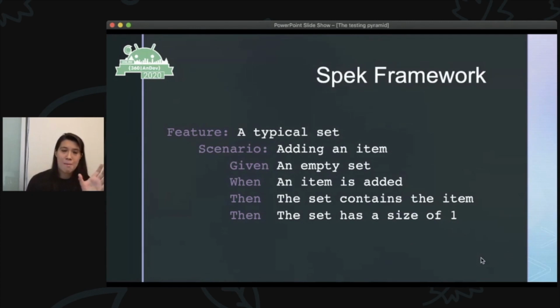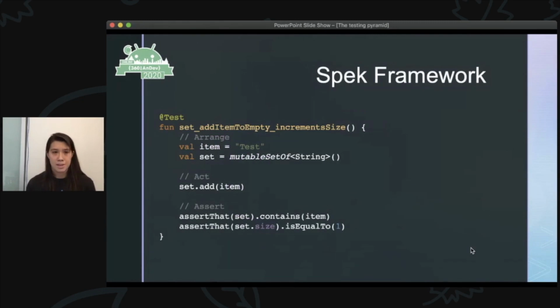And the reason why I'm quite fond of this sort of syntax is that you can sit down with your designer and with your product manager and show them these things written in English that everybody understands and ask them to check if this is what the product is supposed to do. So if you were to take a typical JUnit test for something like this, it would look like this. So you'll notice that my favorite part of writing JUnit is the awful function names that sometimes come out of this.